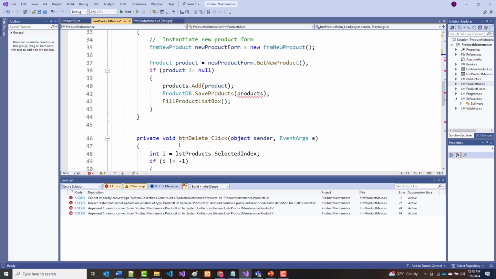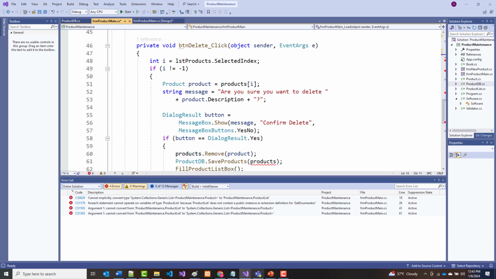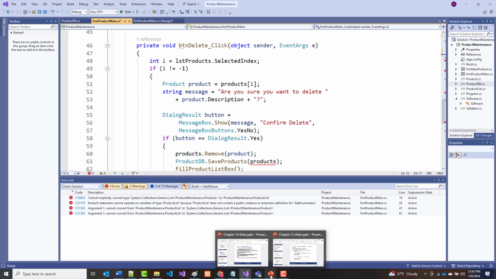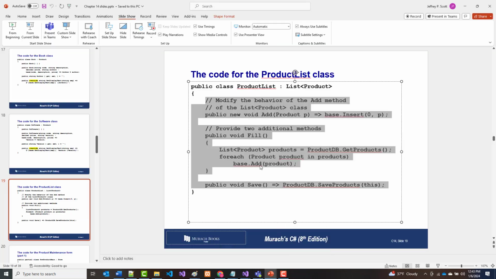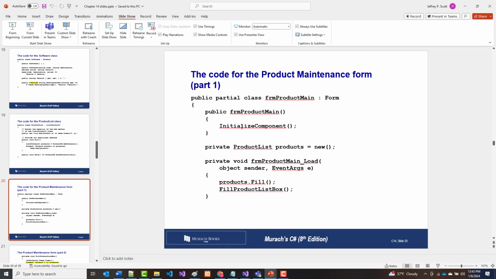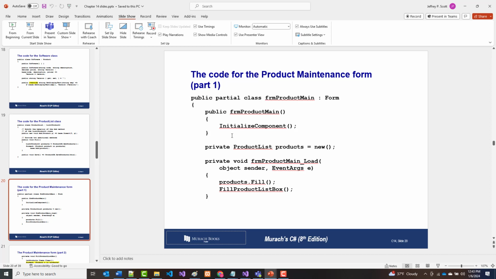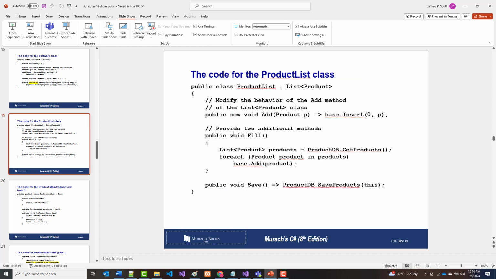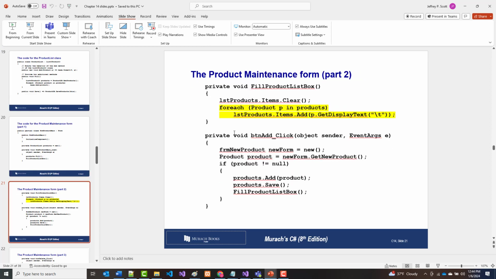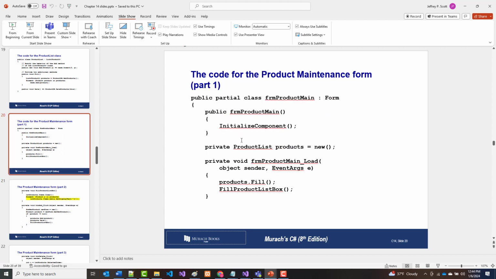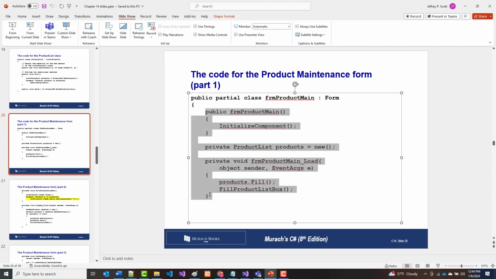Well, let's just keep going and see. Sometimes when you make changes in here, these errors have a way of working their way out. Don't know if that's going to happen here or not. Well, this is the code for FRM product main. Okay, I don't know what I've just put in there,